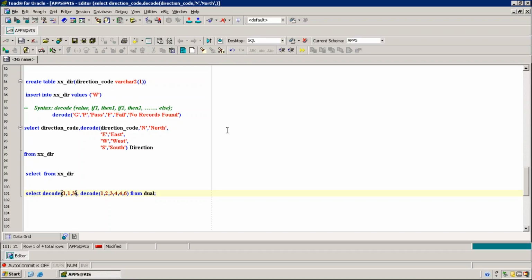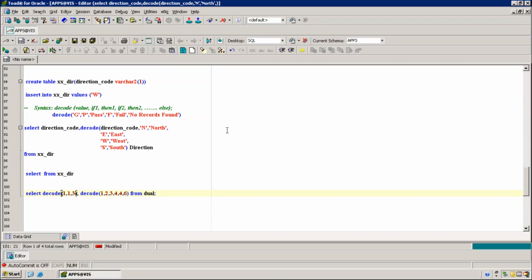Now tell me why no records. Reminding everything, explain to me one by one. What is the value? What is the if condition 1? What is the result? What is the if condition 2? What is the result? What is the else? Tell me the complete scenario, how it is going to work. The first one I had already told you. Correct. When the value is correct, that is correct. Second thing, tell me.